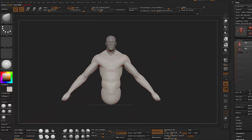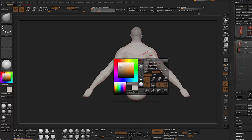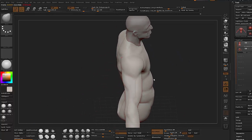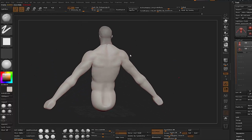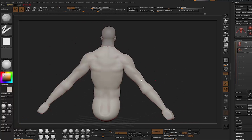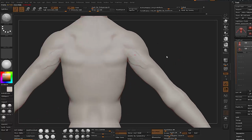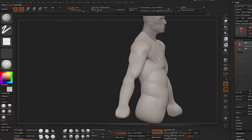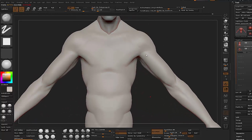So yeah, it's not looking real great up there at the moment, but sometimes you just need to keep moving around, constantly moving. That's one of the main things, is constantly rotating, constantly looking at it. You can only see so much from each individual angle, especially with this shader on. Every time you rotate, you're seeing the outside of the silhouette change, and you're able to locate errors and problems. So that's pretty much what it is. It's death by 1,000 cuts,